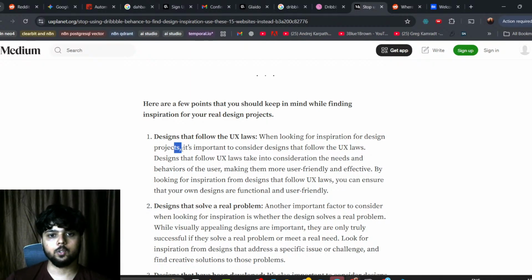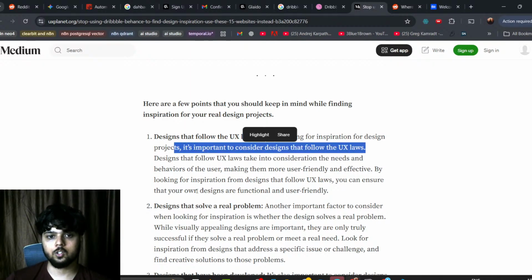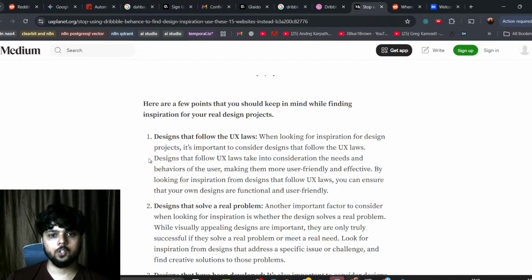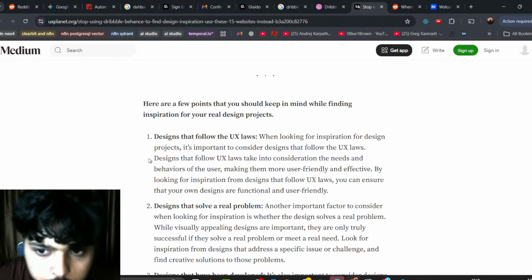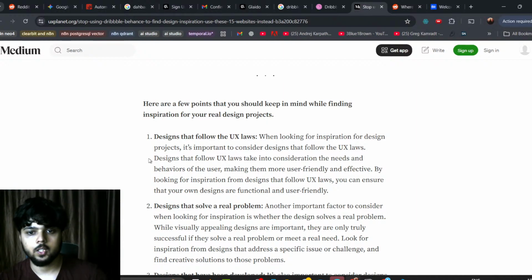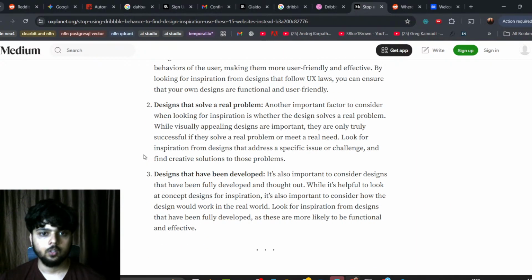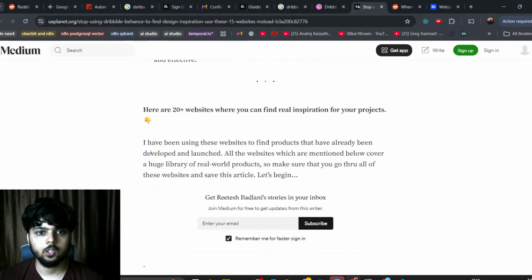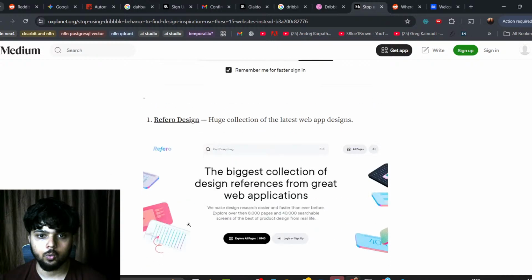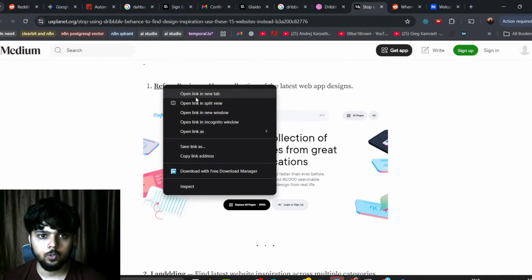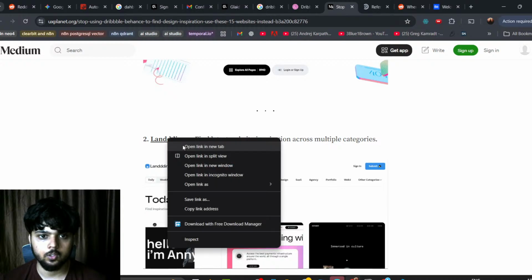Looking for inspiration on a design project, probably consider design for UX laws. Design for UX laws take into consideration the needs and behavior of the user, making them more user friendly and effective. Looking for inspiration. Okay, but there are other places you can find inspiration. I mean, where to find products already developed and launched. All the information below covers a huge library of the process information. Okay, of course, this retro design occurs landing,